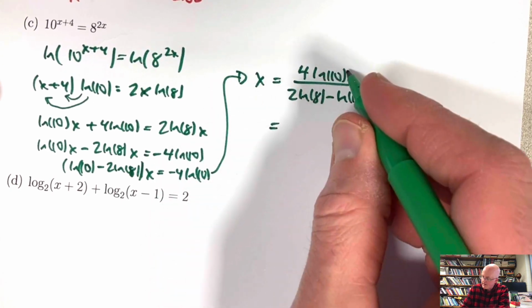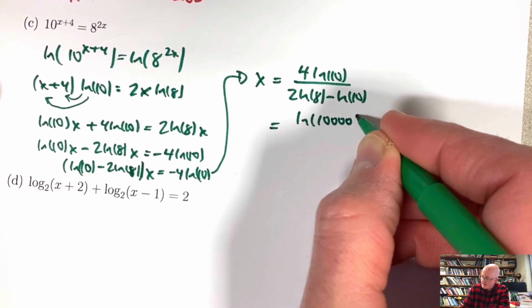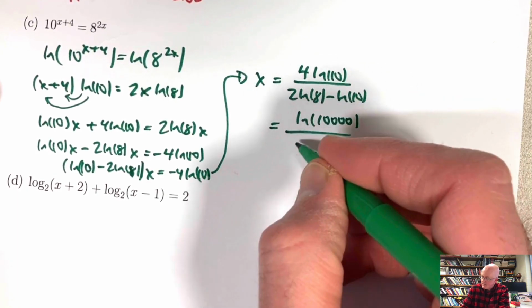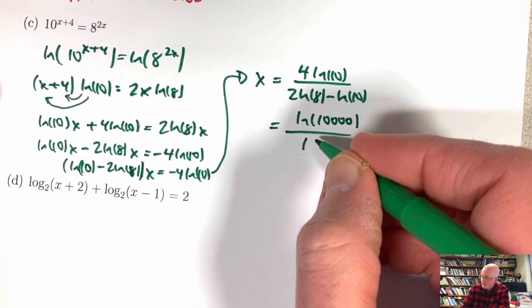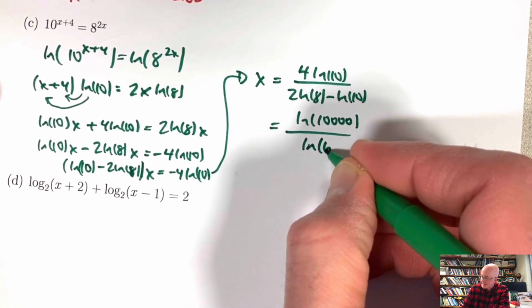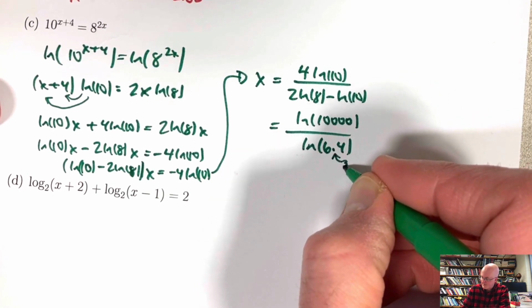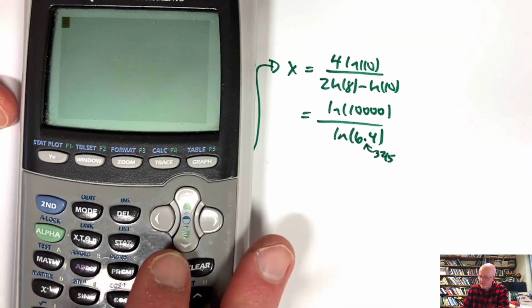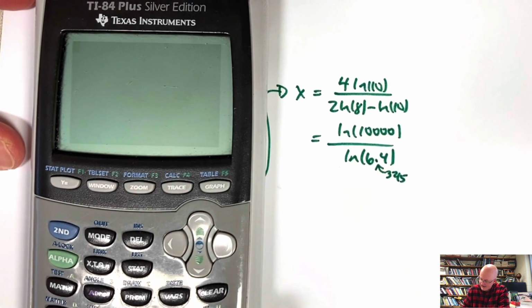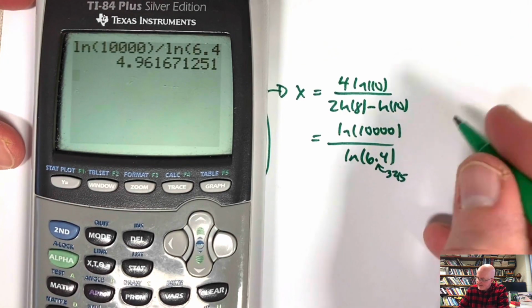You can bring this 4 into the exponent. 10 to the 4th is 10,000. The 2 goes into the exponent there to get ln of 64. We've got the difference of two logs. 64 divided by 10 is 6.4, which I could also write as 64 tenths or 32 fifths. There's lots of different ways of writing this. What is all this approximately? ln of 10,000 divided by ln of 6.4. In the end, this looks like it's about